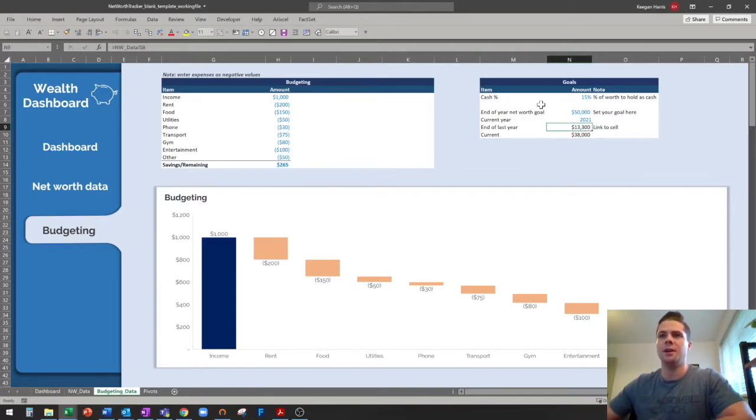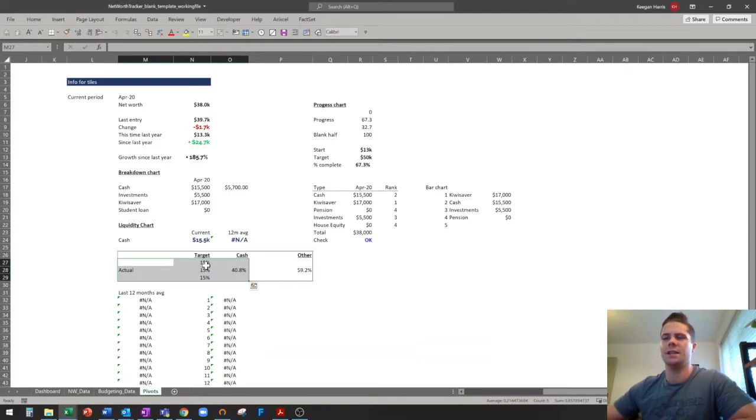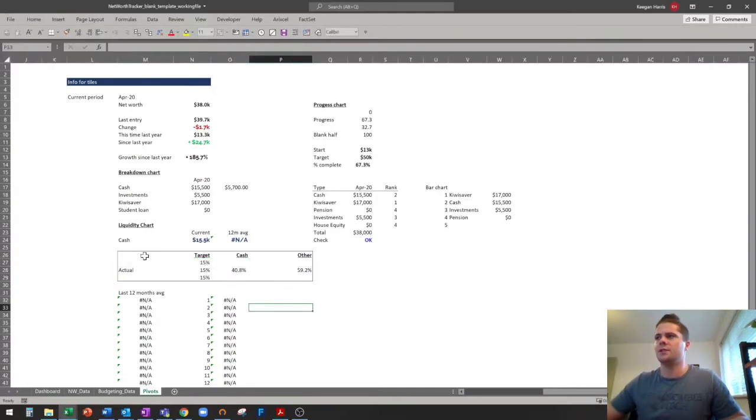So sorry, coming back to the liquidity chart, let's say your goal is to have 15% of your net worth. You want it to be at least 15% as cash. So here you can put that 15% in. That's going to feed through to my target here, and then based on my cash number from up here divided by my total, it's going to tell me what that is as a percentage and what other is as a percentage, and then I just need to create a chart. The reason I had to do this is so we can have a line that intersects our bar. Okay, so to insert the liquidity chart, you're going to highlight all of this here,